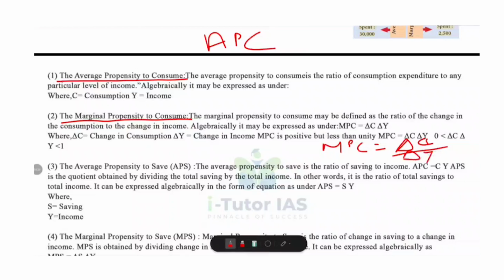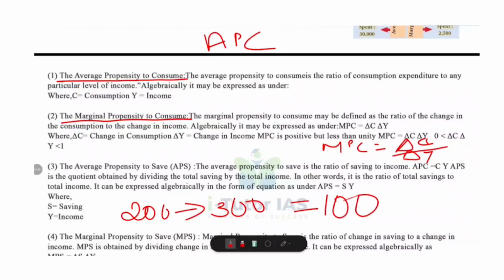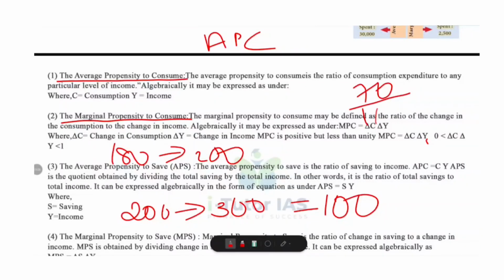Let me tell you the example. If income increases from 200 to 300, what is the change in income here? 300 minus 200, that is 100. So delta Y is 100. And when consumption increases from 180 to 250, what is delta C, or change in consumption here? 250 minus 180, that is 70. So how can we calculate MPC here? 70 divided by 100,